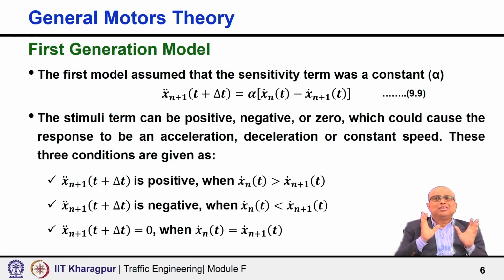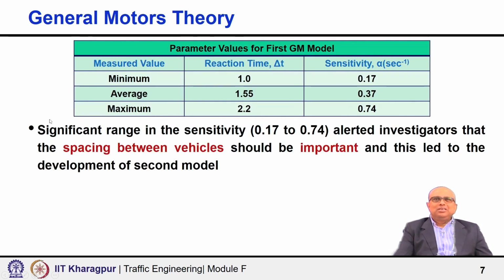Very fundamental, very simple, and the basic formulation. That is the first generation model. Now, when this model was calibrated based on the field data, this table shows how the reaction time was obtained, and what was the value of alpha, the sensitivity, that was obtained. You can see here the reaction time varies from 1 second to 2.2 seconds with an average of